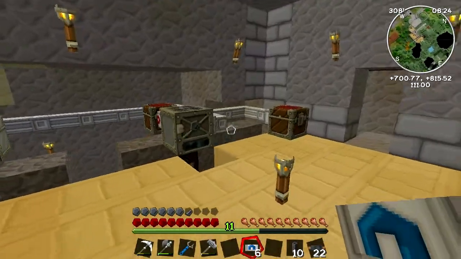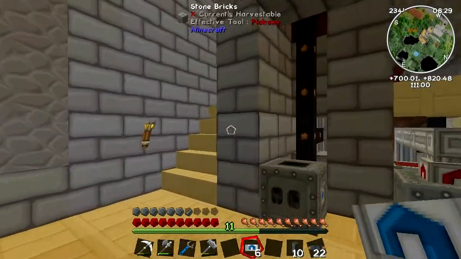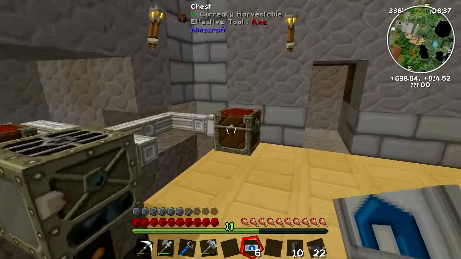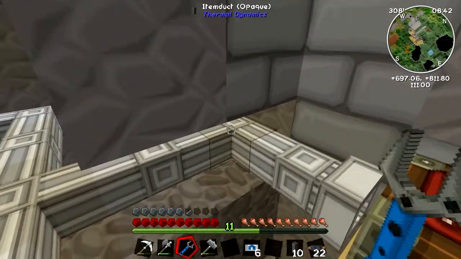Fine. Now the problem is when things come out of this oven, they're not going to go back up to the ingot box, and the reason for that is because that chest is closer than that chest. These things route to the closest chest. There's an easy fix to that. If I go...